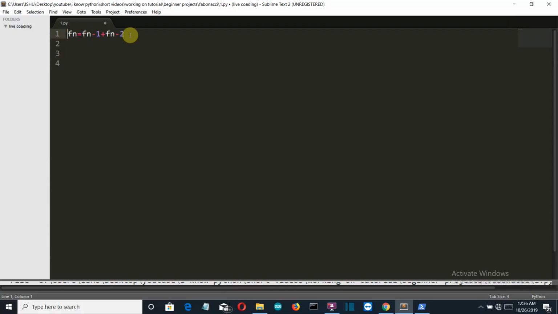I will comment this out so that it's not executed in the program. First of all, we'll create the first two variables, because in the Fibonacci series the first two elements remain constant. Now we'll take the input from the user. Let's say x is equal to int input, because we want the user to enter a valid integer number. Enter the number,